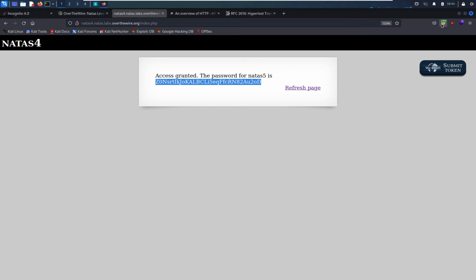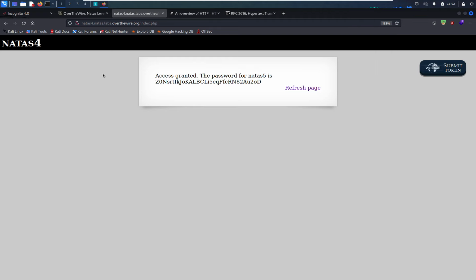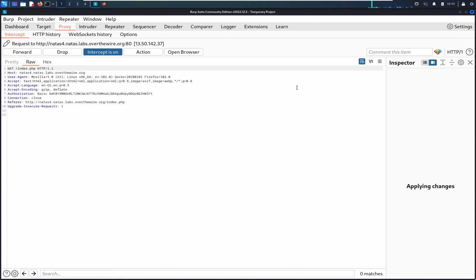Because I still have Burp turned on up here in my web browser, it's something to be careful of: if you accidentally leave it on and you aren't there to intercept the request, the application will hang. But if I click refresh page here, you'll see that Burp